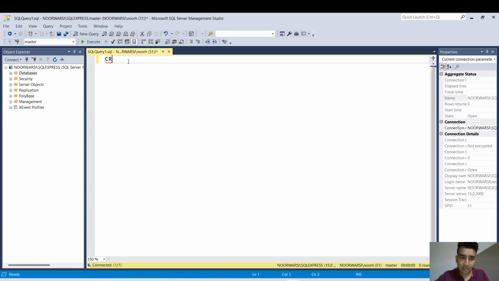So to create a database, I'm typing the command create database, and now I have to give a name to this database, so I can name it demo indigo. Okay, so after typing your query, to execute it you have got two options: either press this execute